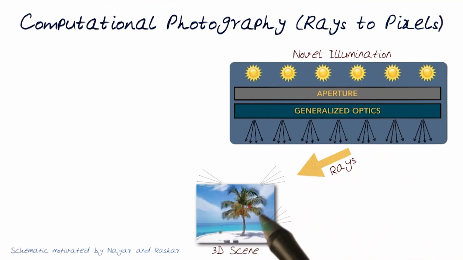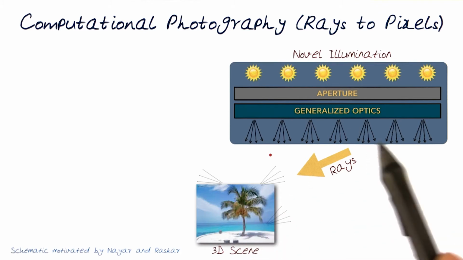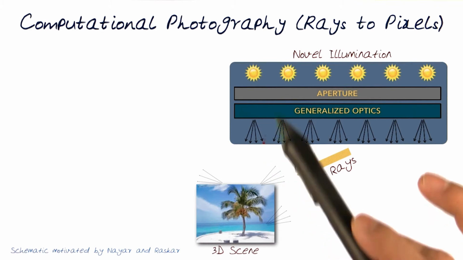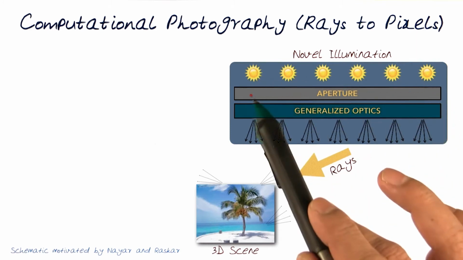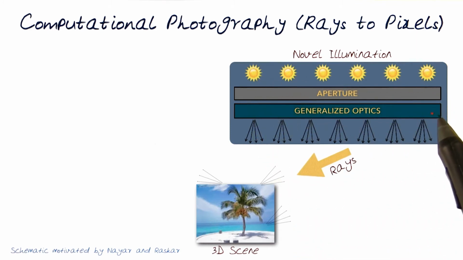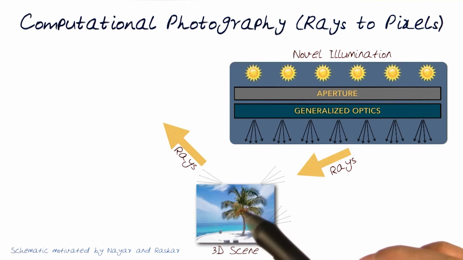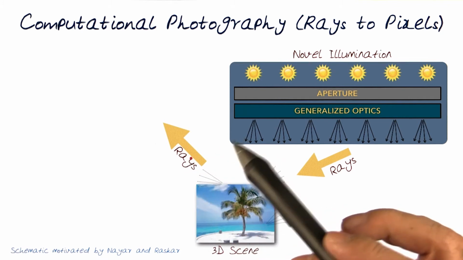But imagine if this was not a natural scene, but a scene that I could control the lighting for. So I could create a whole computational artifact like this, which controls the light, the amount of light that passes through, the optics that control this light, and how it's focused on the scene to generate newer rays of light here. Of course, when these rays of light illuminate, they come out again,